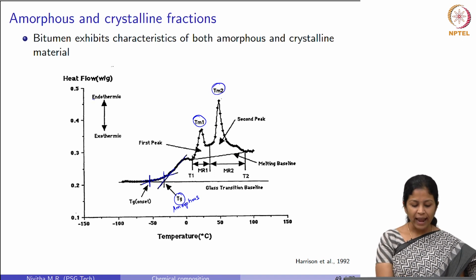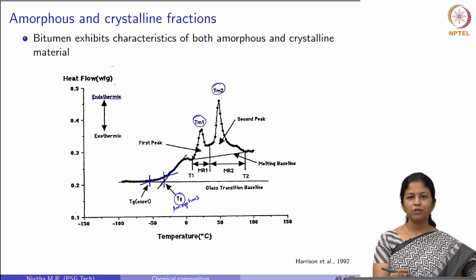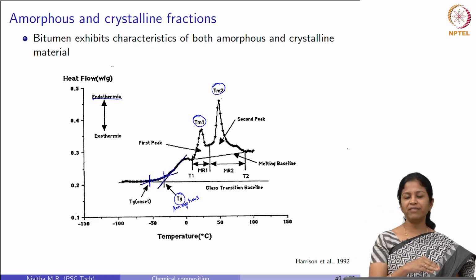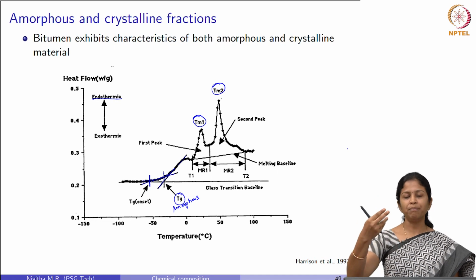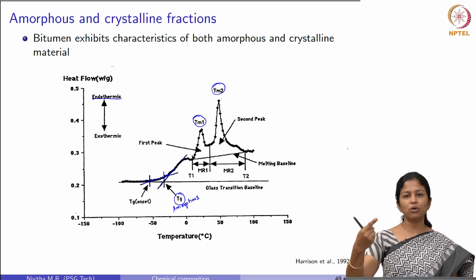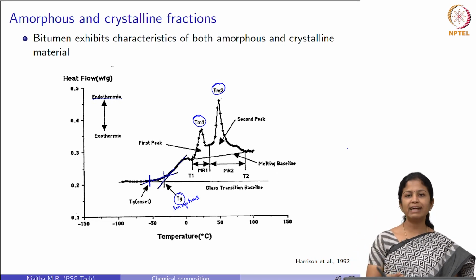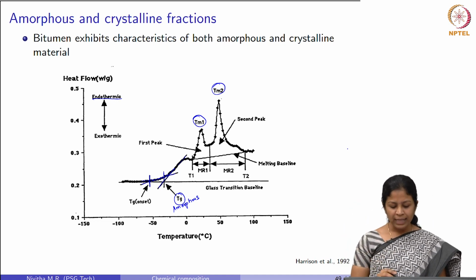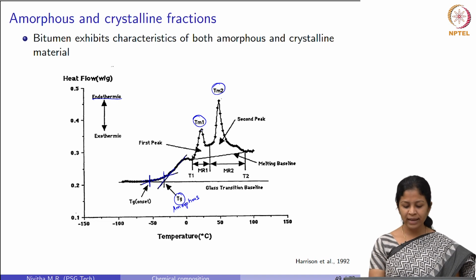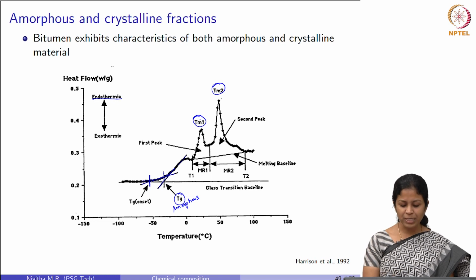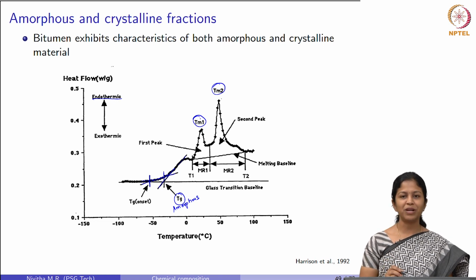Here we see that endothermic is up. So, that is why these melting peaks are shown above the horizontal line. In the previous case, we saw that exo is up, so the peak was down. So, we need to be careful when we interpret a DSC plot. Depending upon whether exo is up or endo is up, we might get a peak above or below the horizontal line. The second piece of information is that we are seeing two peaks here. We have two melting peaks. The first melting peak is Tm1 and the second one is Tm2.